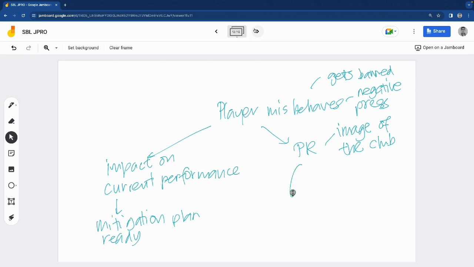Then you might also have to think about the... you need to remember, is this a key merchandise? Was this a key merchandise? Now, remember, some players are more saleable than other players, and if the player goes out, then you can't actually make money. The merchandise and all that might actually have to be written down. So you need to be careful with that part. You also have to consider